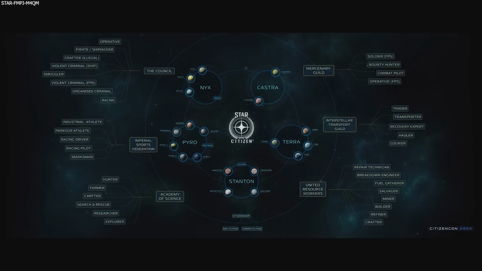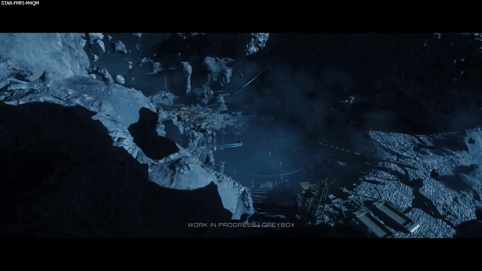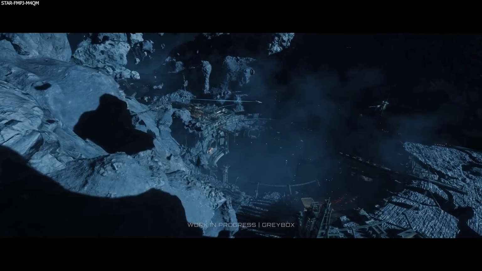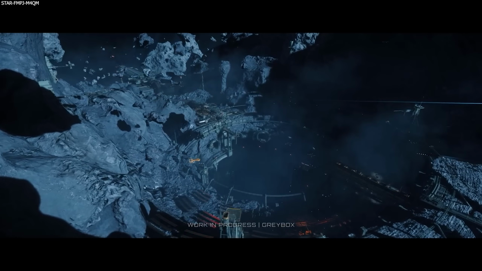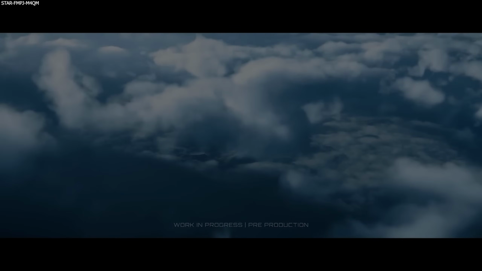Now, we also have, of course, 3 new systems to come in time for Star Citizen's 1.0 release, being Nyx, Castra, and Terra. And these will most definitely roll out one at a time, with Nyx, I guess, coming more likely next year, potentially later this year, but I think it's definitely far more likely for next, and then Castra and Terra